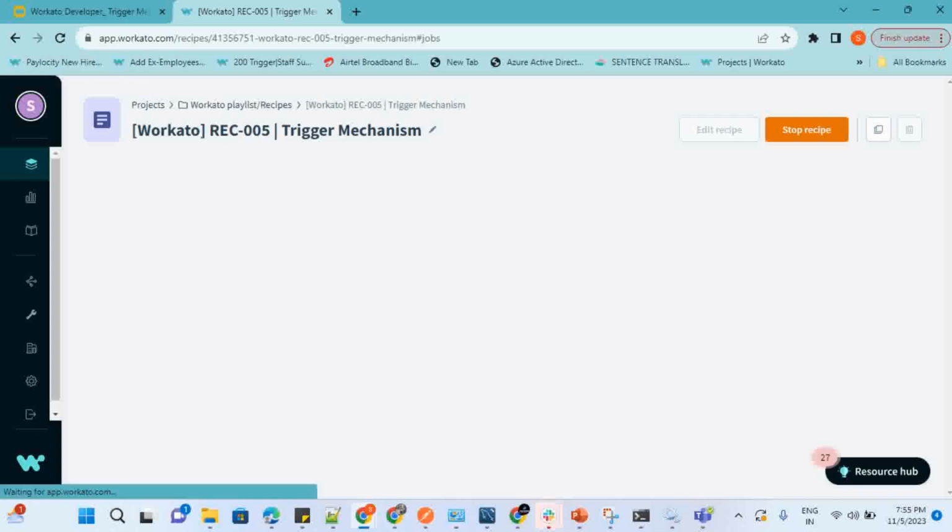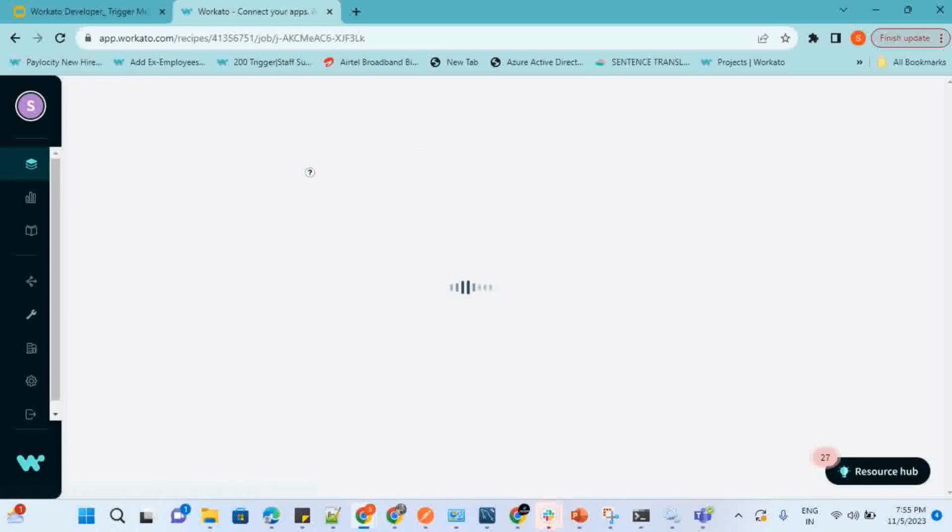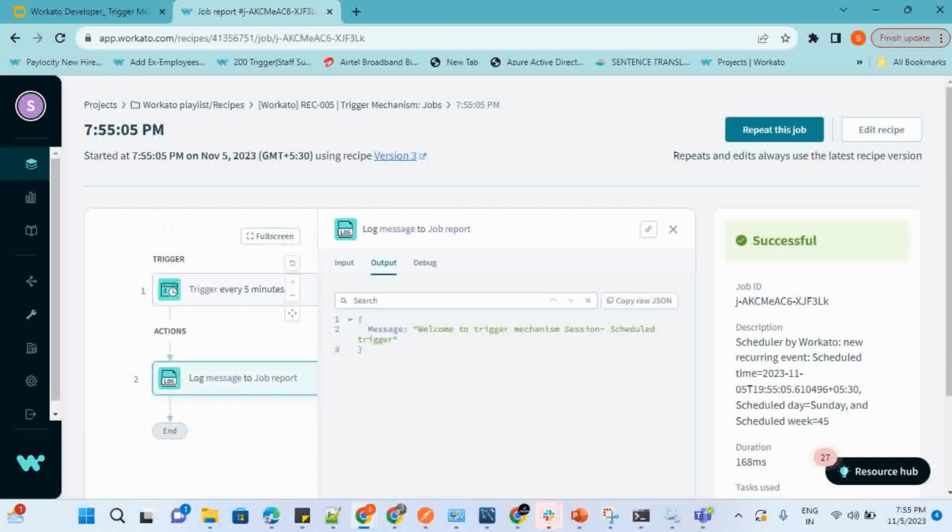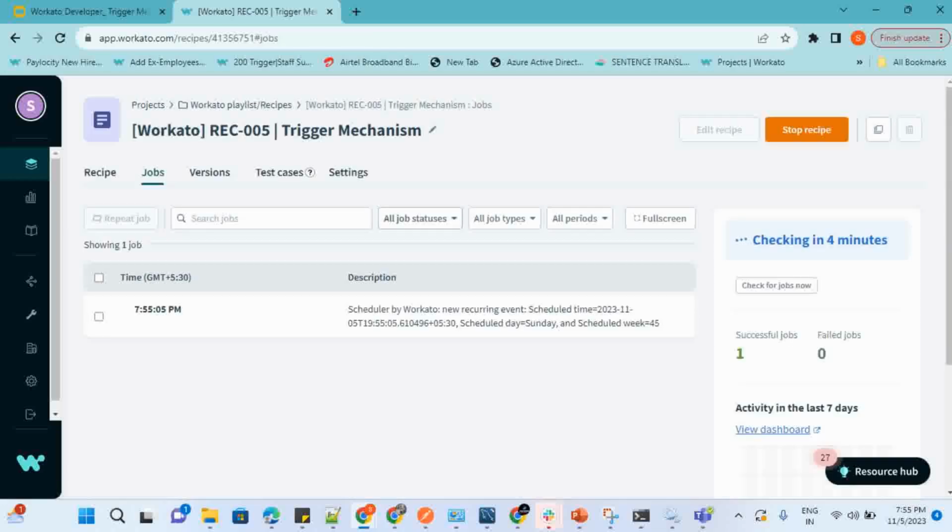So you can see here, it has already run. It's already showing the logger statement we had, "Welcome to trigger mechanism session," got printed. One more thing I want to highlight: when you use a schedule-based trigger,